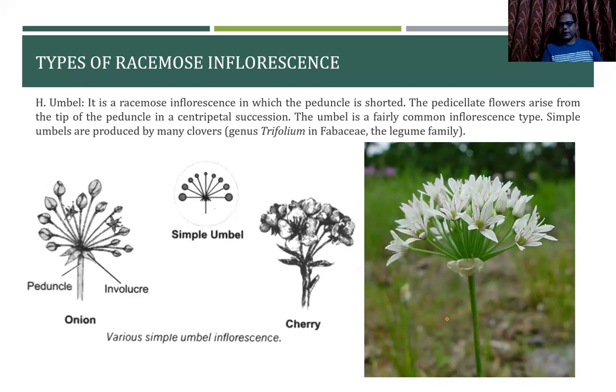kind of inflorescence. So what happens here is that we have already seen that the internode gets condensed, so all the flowers originate from the single node. That is what we call the formation of an umbrella-like structure. We have already seen that the younger flower is towards the center and the oldest flower is towards the periphery. That is the kind of inflorescence that is seen in your Umbelliferae.